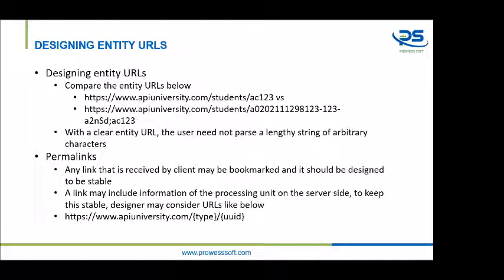The next is permalinks. Permalinks can be bookmarked by the client, and you have to ensure that when these links are invoked, it should not say that this kind of URL does not exist anymore. Maybe someone has bookmarked a certain link, and a week later they come back and use the same bookmark. It shouldn't say it doesn't exist anymore. You may expire it after a little while and say that this is not available anymore, but you just cannot say that it is not a valid URL, if you want to give the developer a good